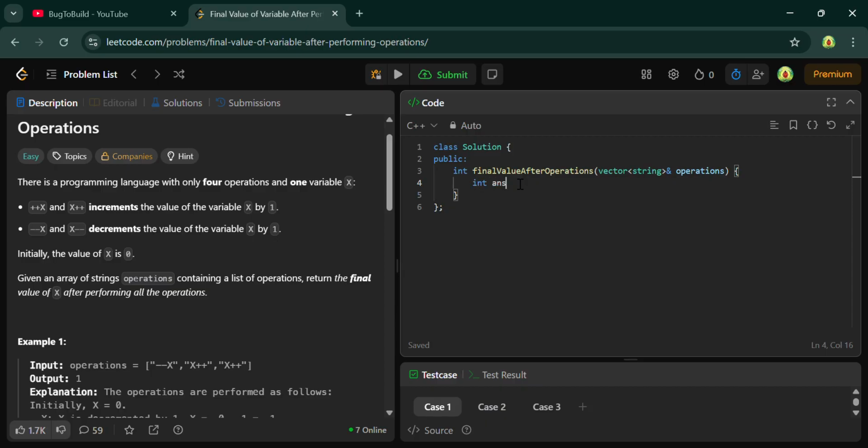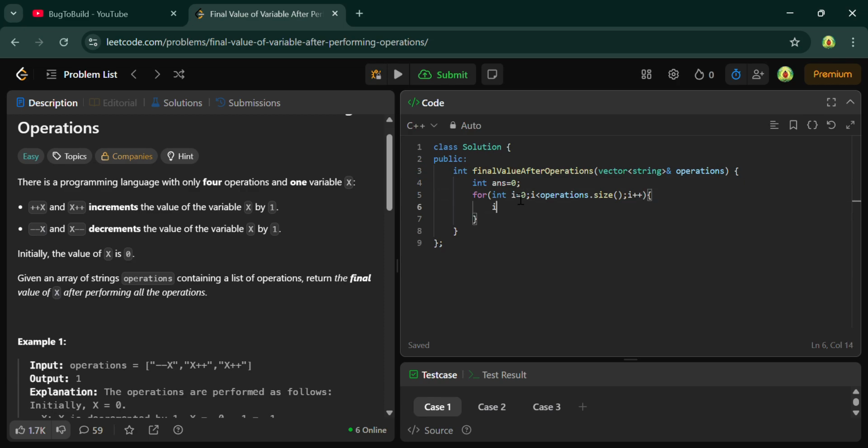Int answer equals to 0. First we initialize answer equals to 0, and then I will traverse through the operations. For int i equals to 0, i less than operations dot size and i plus plus,